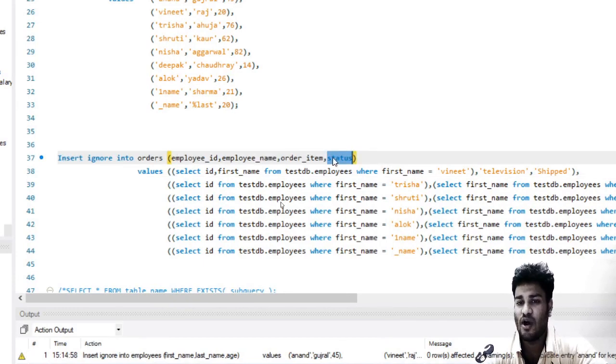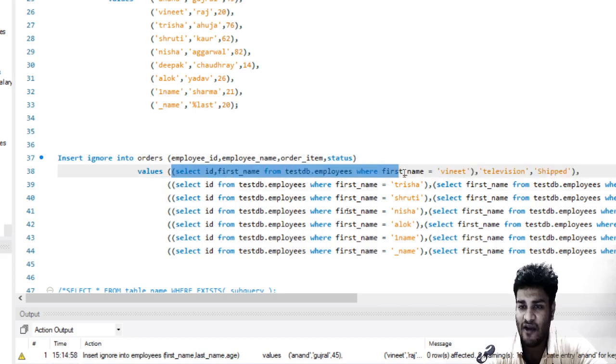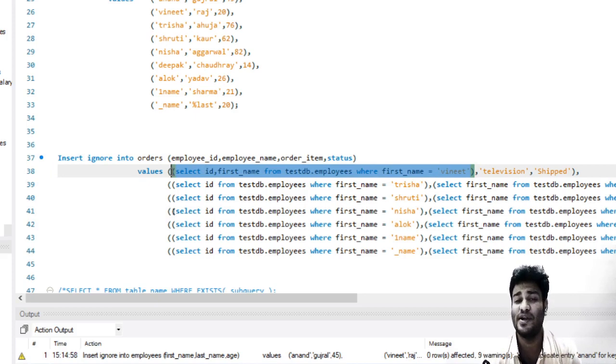There are in total four columns, but below we have mentioned only three columns. One is this, second is this, third is this. Some of my students were confused, saying that this select statement is fetching two columns, ID and first name, and then we have television and then shipped. So in total this makes four columns.